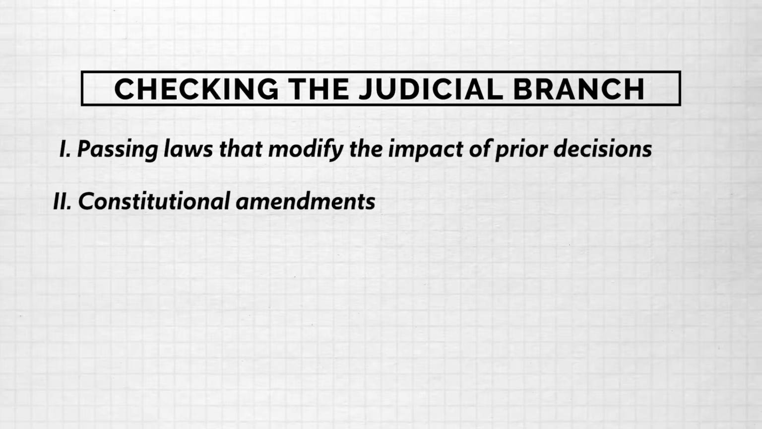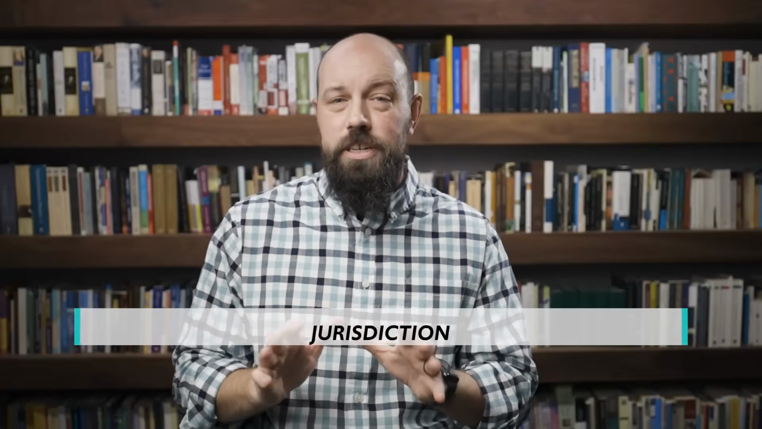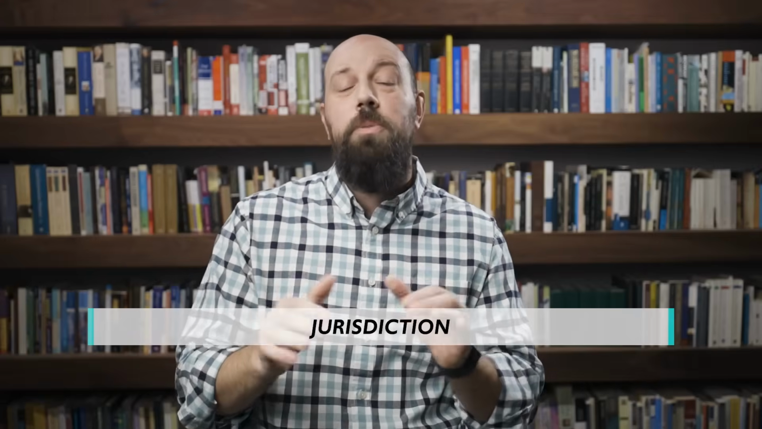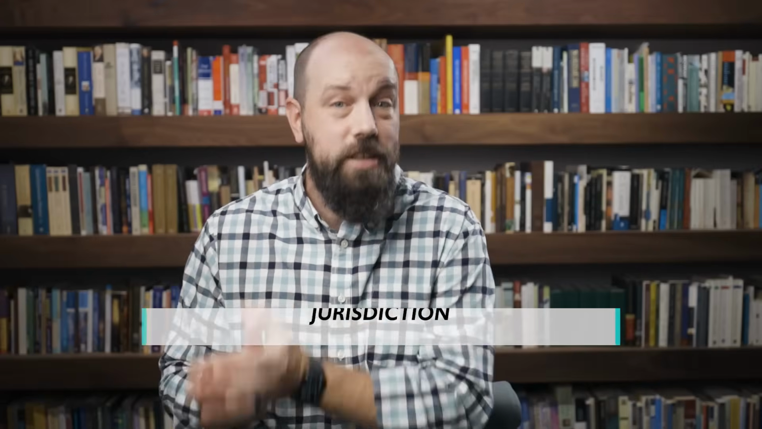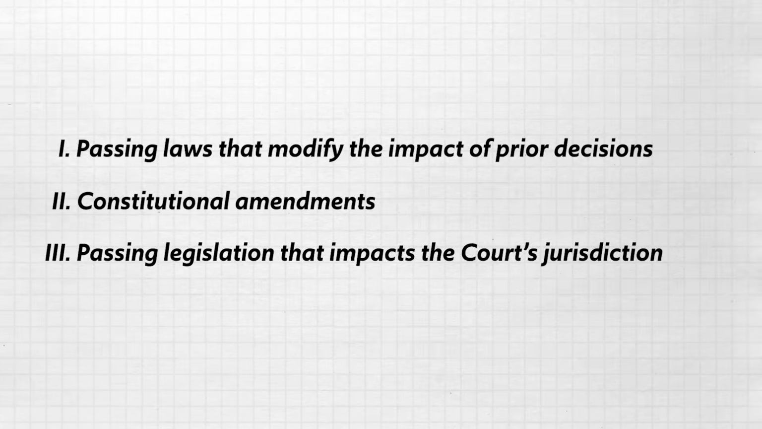The third way Congress can check the court is by passing legislation that impacts the court's jurisdiction. Now, remember what I said in another video about the court's jurisdiction, which is to say the scope of its power to hear cases? The Supreme Court has both original and appellate jurisdiction. Congress can't touch the court's original jurisdiction, but it can alter its appellate jurisdiction by restricting the kinds of cases the court can hear. And there are also 2 ways that the president can check the court, and the first